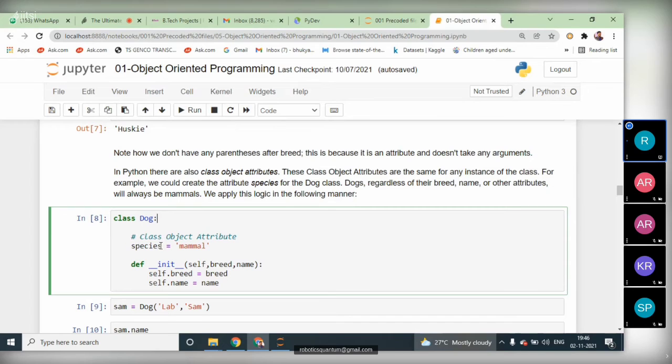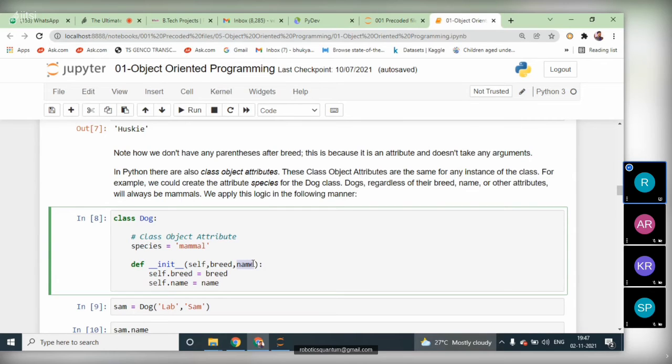So here, instead of an instance variable, we are using a class variable for the class of dog. This is species, which is mammal, a class object attribute. After this, we are creating a constructor with two parameters along with self: one is breed and the other is the name of the dog.